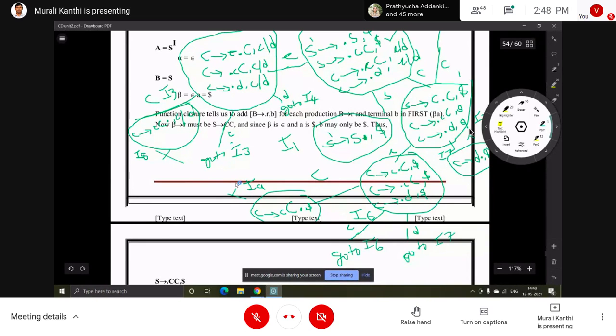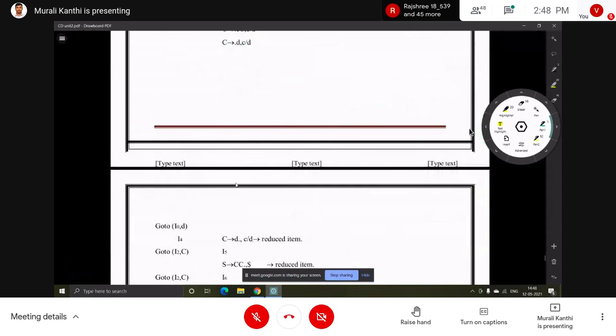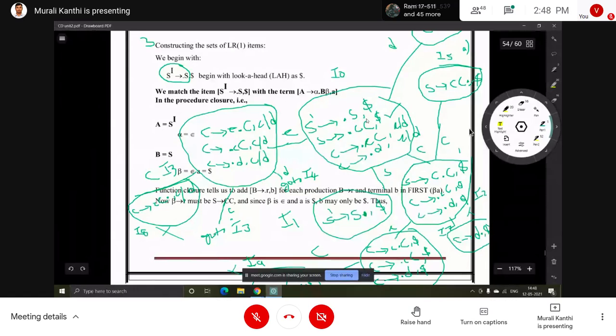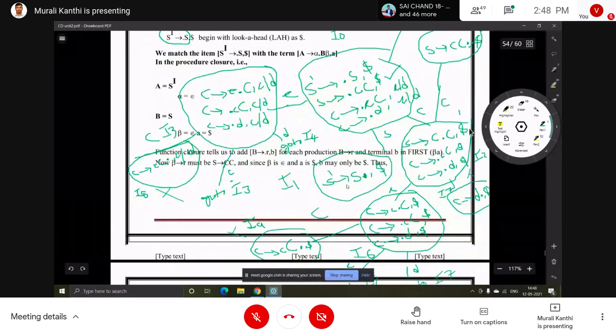Next thing, perform the reduce operation. For that, we have to check each and every item set, I0 to I9, to see in which item set there is a production with an ending dot. Obviously I0 doesn't have one, as it is the starting one. In I1 there is one, but this is the added production, so don't consider it.